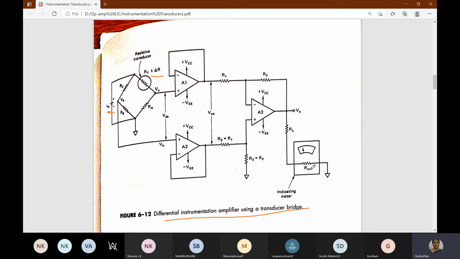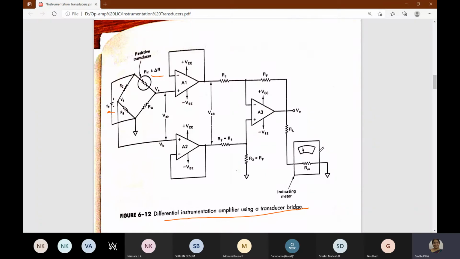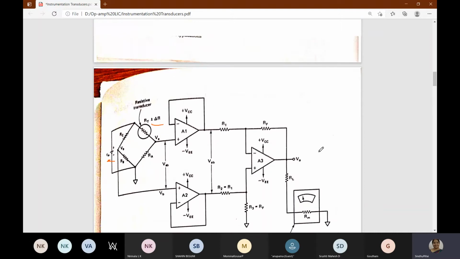So the instrumentation amplifier, as we have told, has 3 stages. The first is the input stage, our transducer in a pre-amplifier stage, the second is this intermediate stage that has all these op-amps, and the third is the output stage. All the 3 stages are shown in the circuit diagram also. Now we'll see what the equation for the output voltage is.